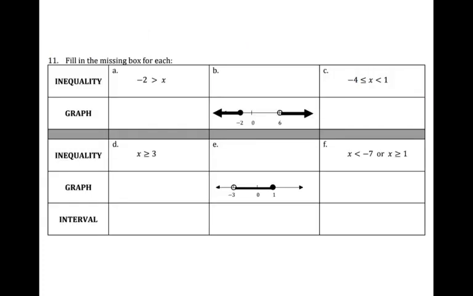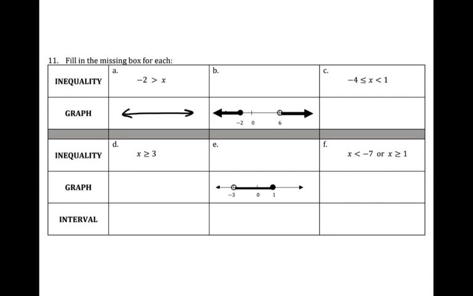All right, the last part of your review is just filling in missing boxes. So when we're filling in missing boxes, we either have the inequality and we need to write the number line, or we have the number line and we need to write the inequality. So for letter A, I have the inequality, so I need to write the number line, or graph the number